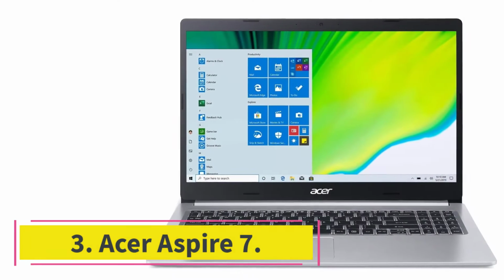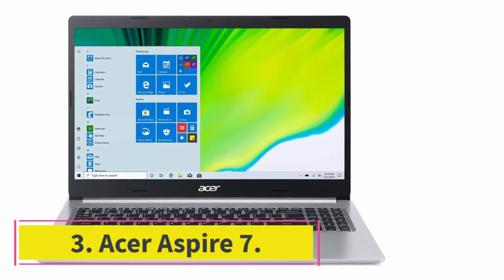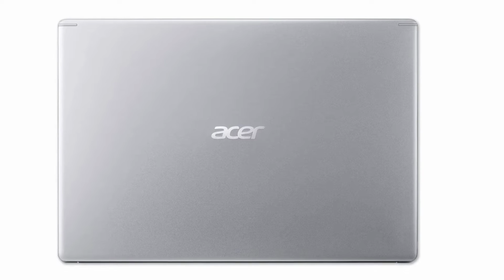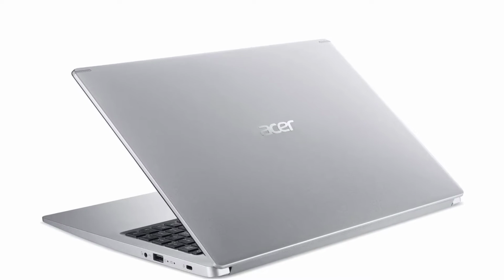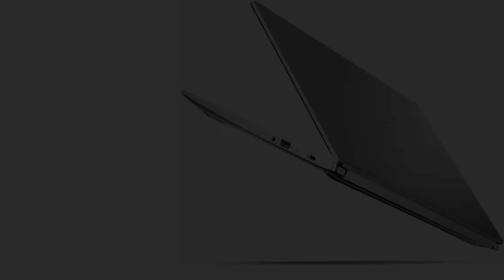At number 3, Acer Aspire 7. Screen: 15.6 Full HD, 1920x1080, widescreen LED backlit IPS display. CPU: AMD Ryzen 5 5500U mobile processor, 6 core/12 thread, 11 MB cache, up to 4.0 GHz max boost,